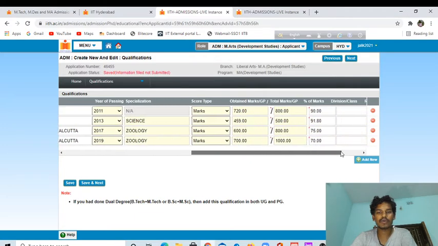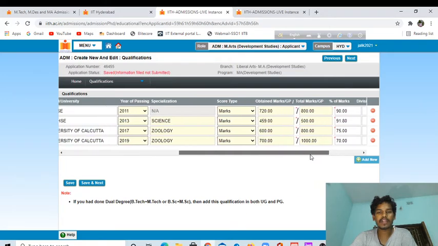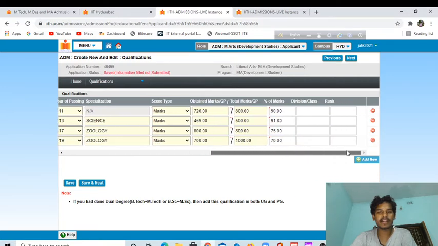One student called me yesterday and asked, "Sir, I am a final year candidate, so how can I put my score?" I am telling you guys, you should put the final year result. Out of this you have to put this. You have to make a PDF of the final year result and scan it.